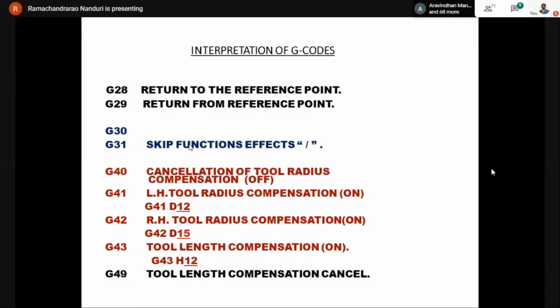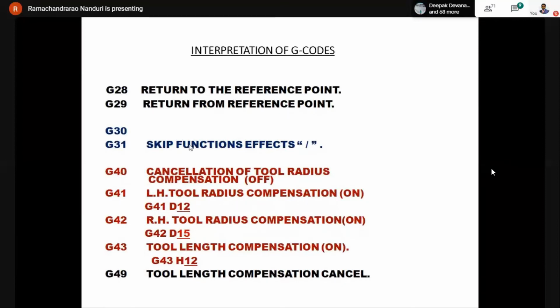You have used a few lines, and tomorrow when you put on the machine, you don't have to use a few lines. So what we will do, we have to insert a backslash at the beginning of the lines which are not needed by us, and put on the switch for skip function.